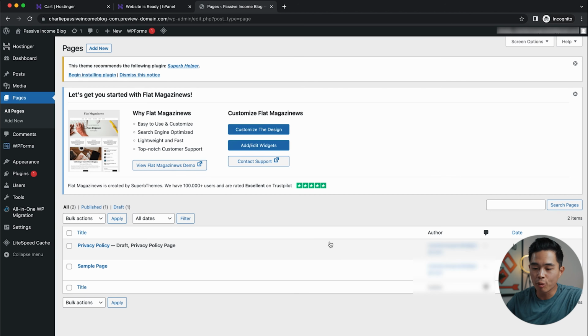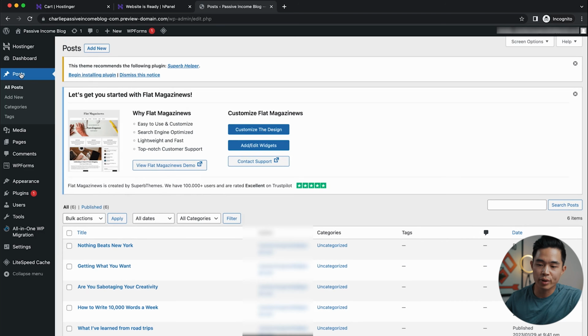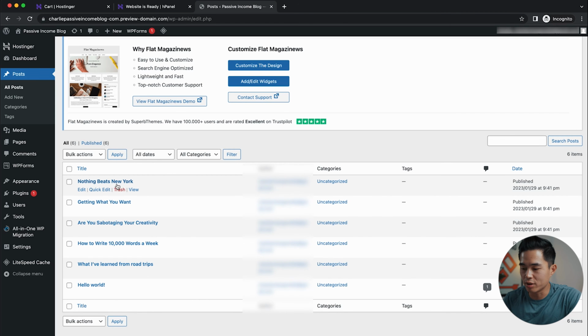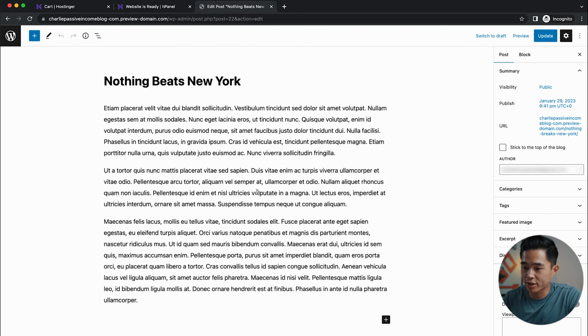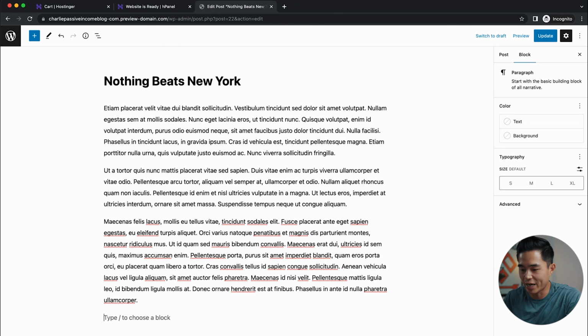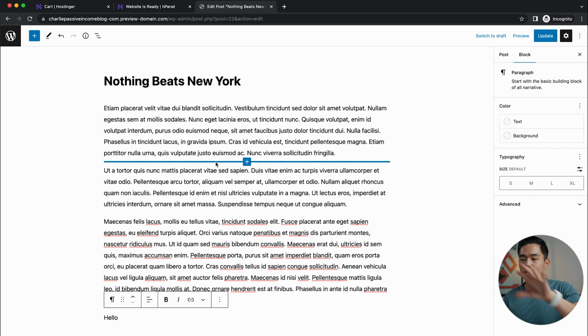So after customizing the home page, you may want to create some new pages. For example, an about page, a resources page, and whatever else fits your blog. After that, you'll want to come here to posts. And this is where you're going to actually create all your different blog posts. As you guys can see, we already have some that are pre-populated with this theme. We can click on one of them and see what it looks like. So here is the actual editor, so we can come here and add more text. But like I mentioned already, we're not going to go too in depth on the actual creating the website part because I do have another fully dedicated video teaching you guys how to do that. Instead, what we're going to talk about right now is how to actually create these blog posts.